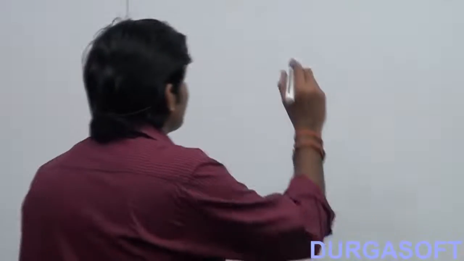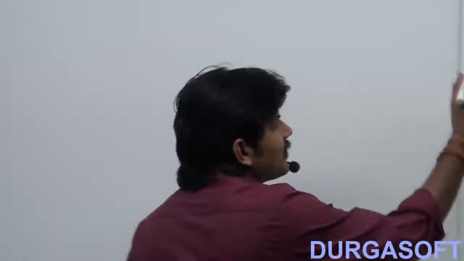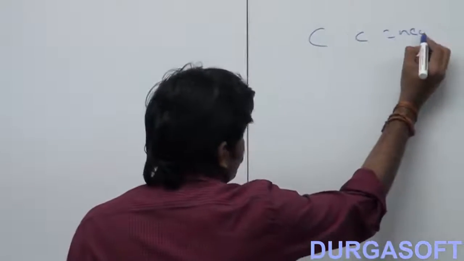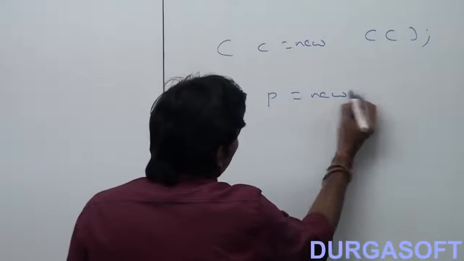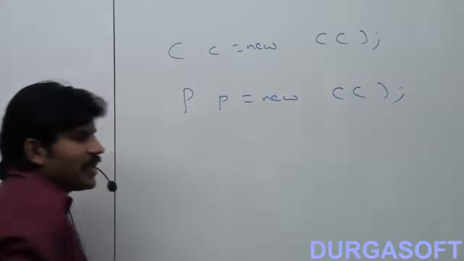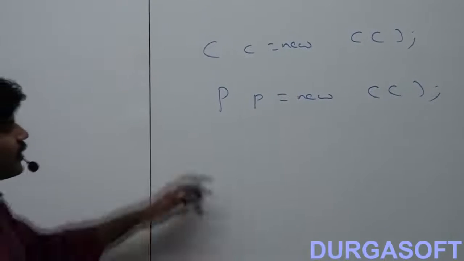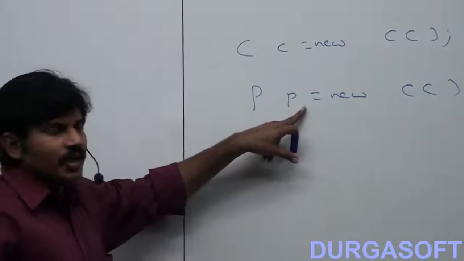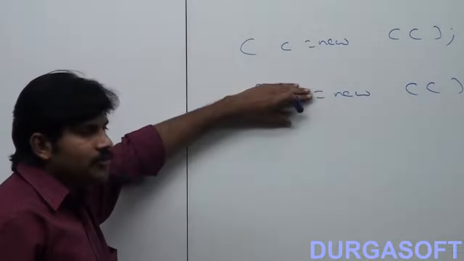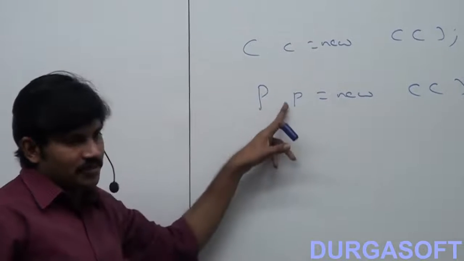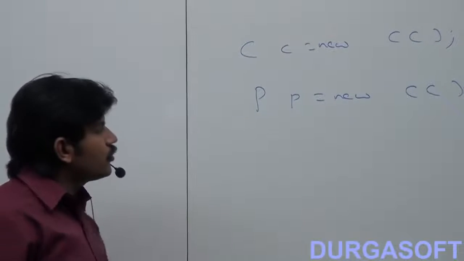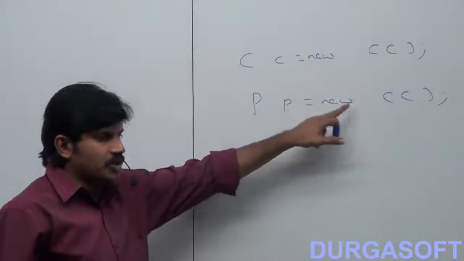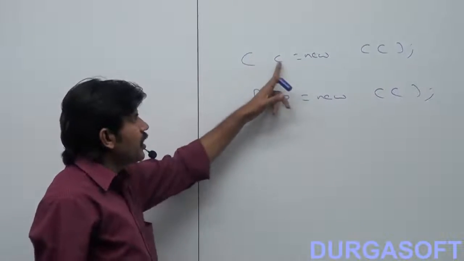Okay, what is the difference between Child C = new Child(), Parent P = new Child()? There may be a chance to ask, what is the difference between these two things? What is the advantage of this approach? What is the disadvantage of this approach? The same thing is applicable here also. So when we should go for parent reference to hold child object, when we can use child reference, child object,